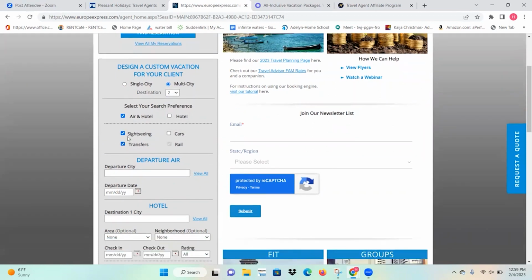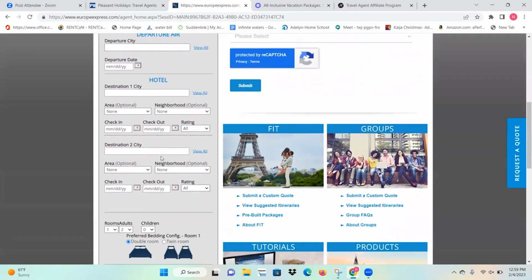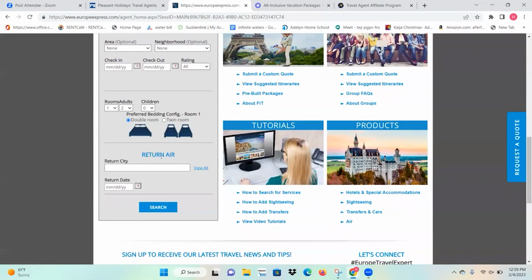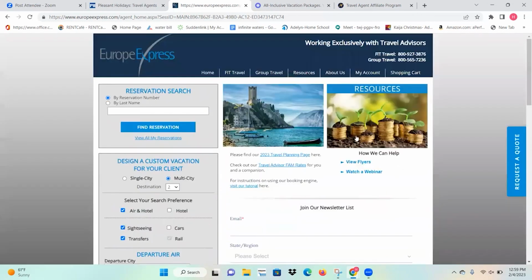And you can pick the types of things that they're going to want included. And then you pick your departure city and all of that. And it will populate all of your different options at each location as you work through the booking. Their help team that you can call into, I've actually been told is